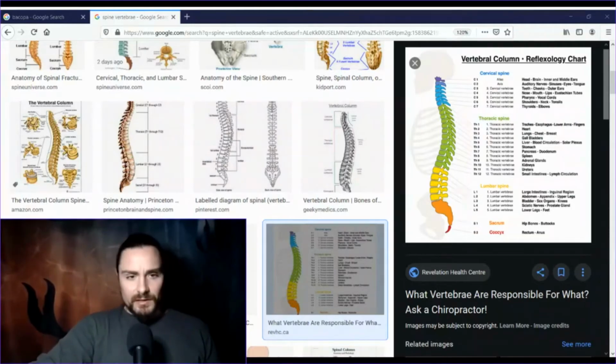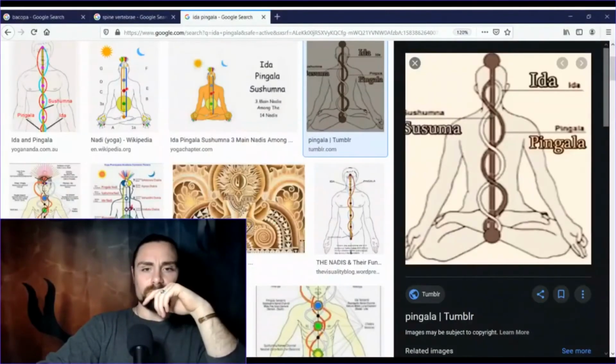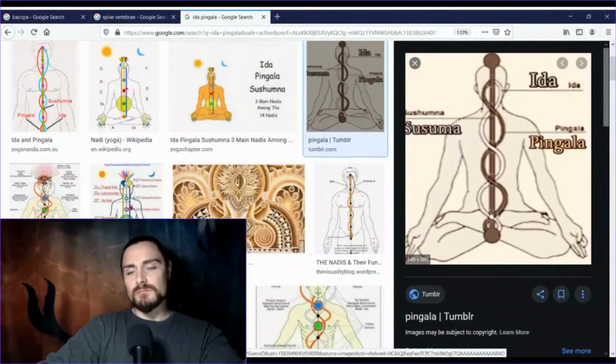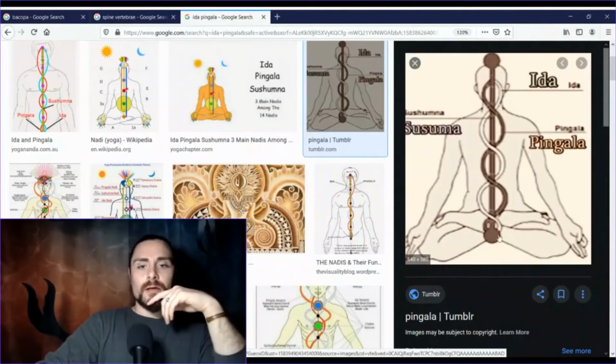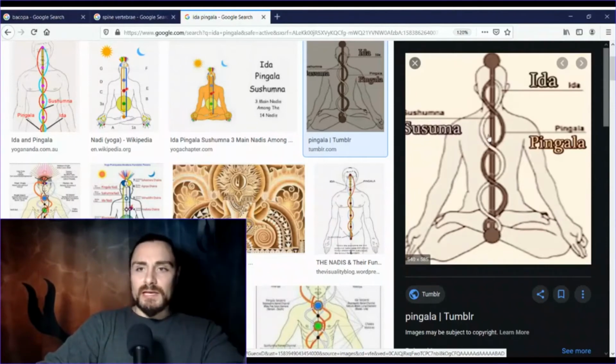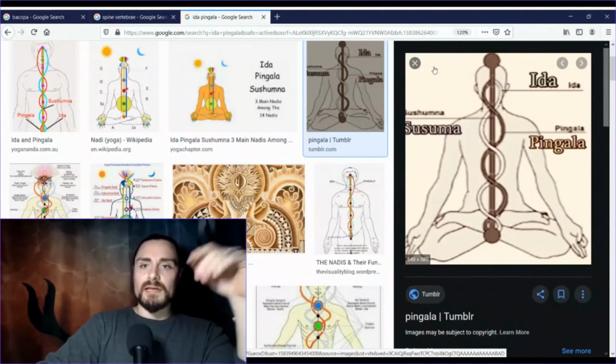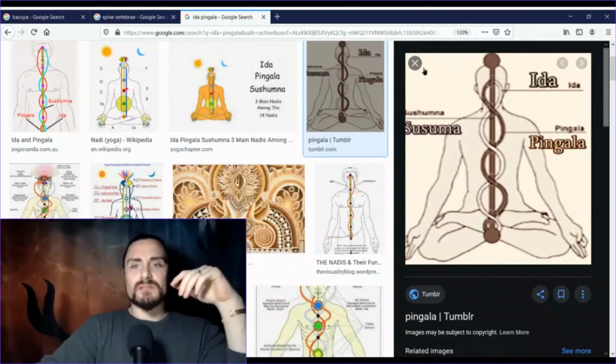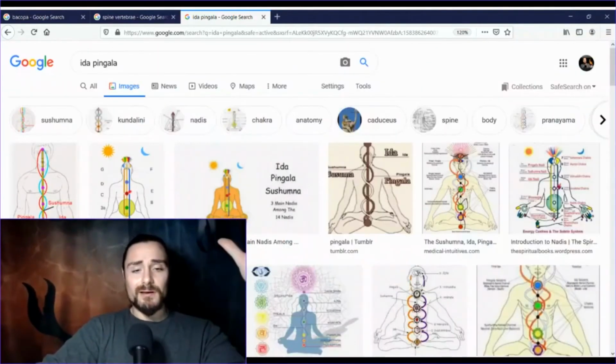So let me see if I can bring up another depiction on my screen right now, and I'll show you exactly what I mean instead of just explaining it. Here we go. You have here a central channel, and then you have two pathways, the Ida and the Pingala. They're related to the sun and the moon. There's a handful of different dualistic associations that they're associated with. I'm not going to get into it in this video.